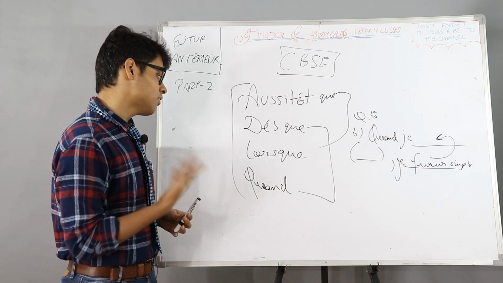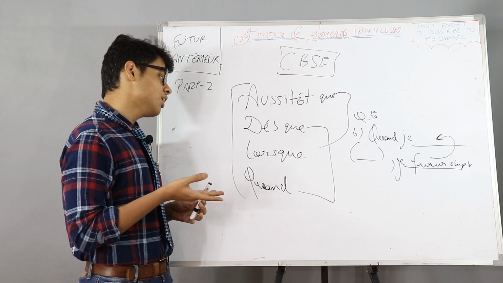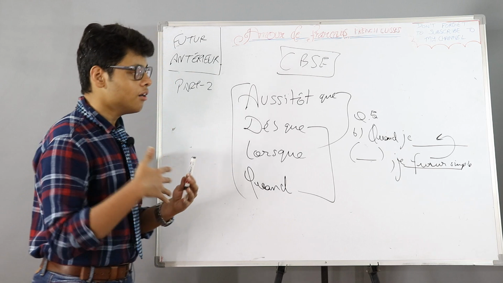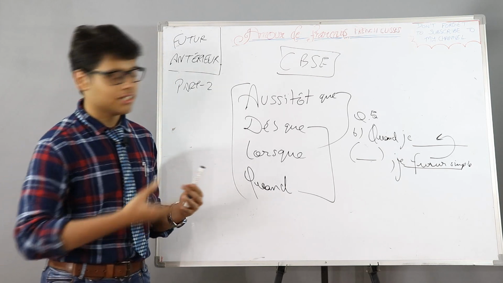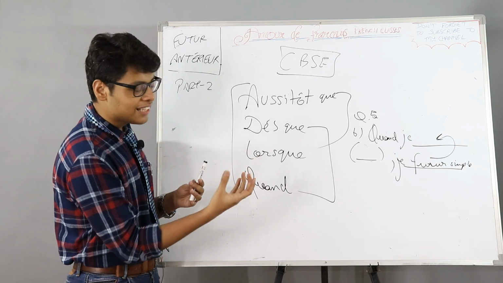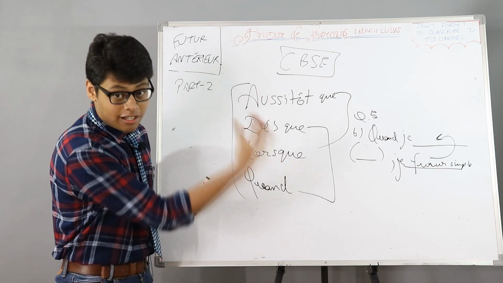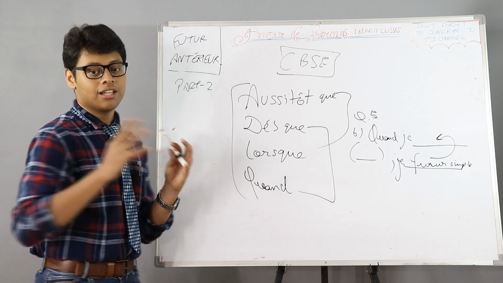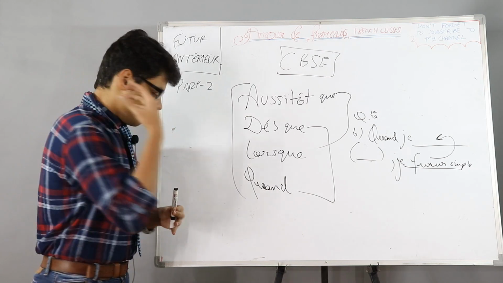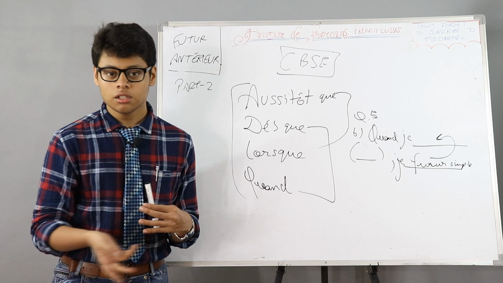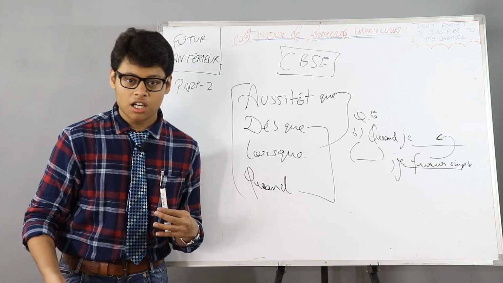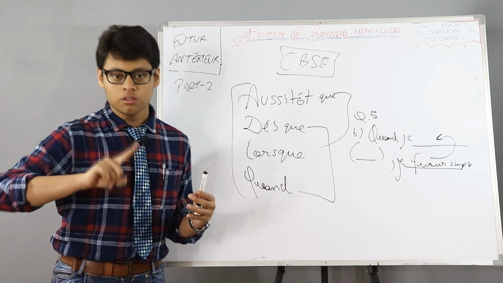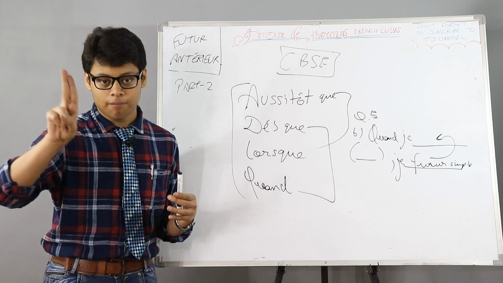And one more thing which I would like to say, suppose quand je futur antérieur is given. Now it can be the other way around also. Like quand je, then futur antérieur. If one futur antérieur is there, the second one is a blank, again blindly futur simple, because these words are there in the sentence. Sometimes you may get a 3 marker or 5 marker of only, literally only futur simple and futur antérieur combined.